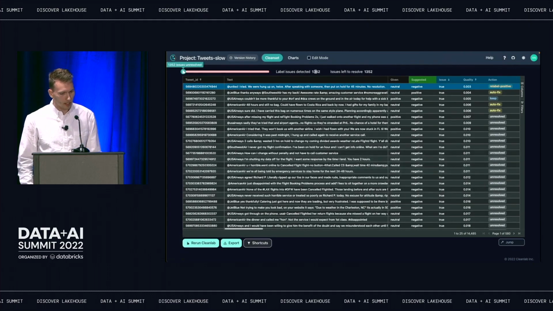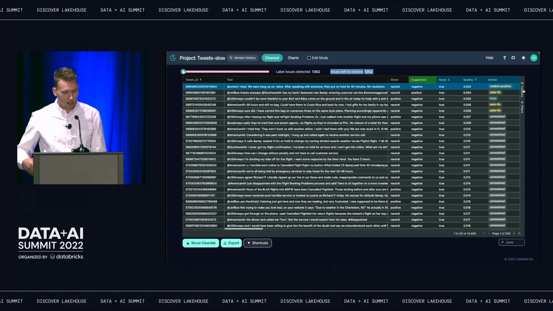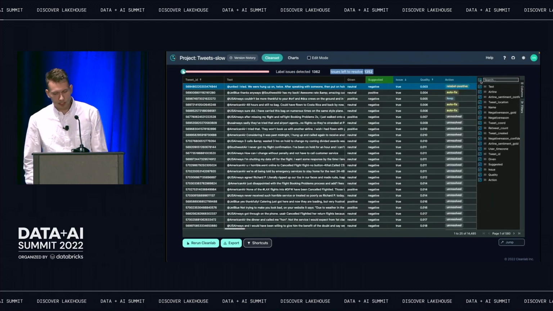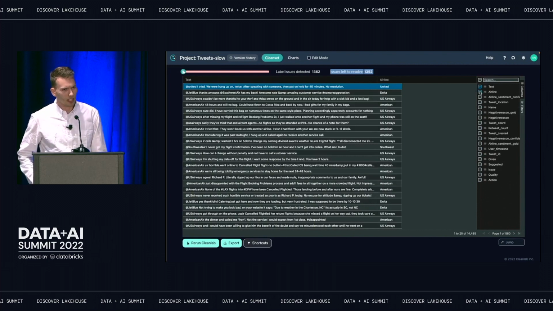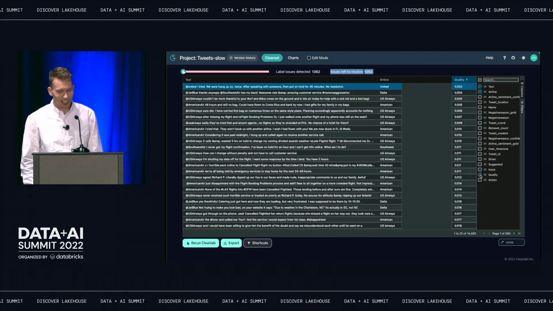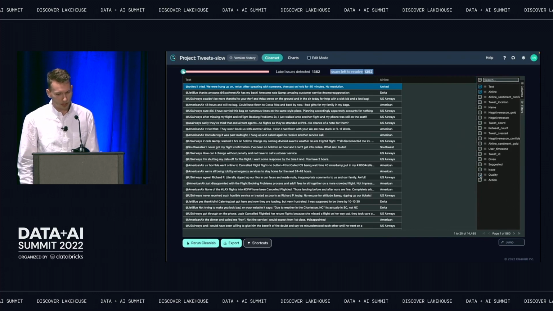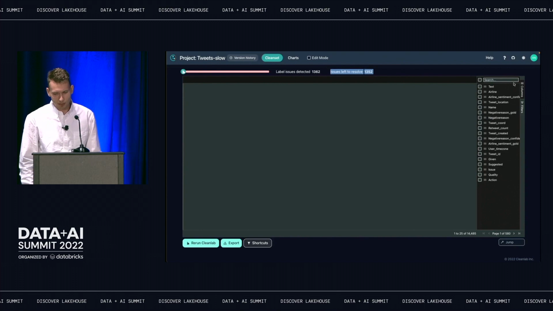There's a few things that you're gonna wanna do. First of all, you wanna know how many issues there were in your data set right away, and then what is left to check if you want to resolve them. You can just auto export, by the way. You don't have to check them yourself, but if you want to, we make an easy tool to do that. And then what this is showing is just standard tools you would expect. If you're gonna interact with data, you need data interactive tools. So you can select which columns, and you would expect something like this to be supported.